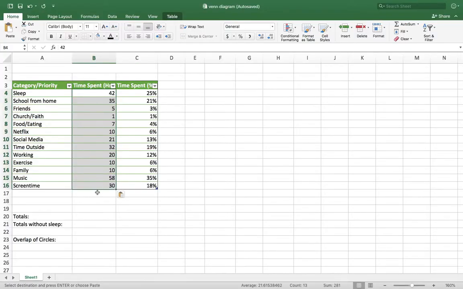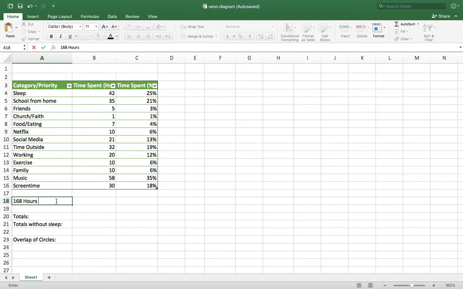How to design a Venn diagram. Let's start with the spreadsheet. After tracking how you spend an average week, input the activities and the amount of time that you spend doing